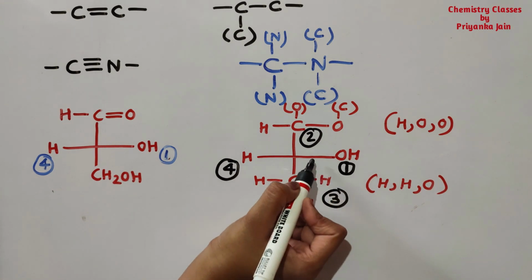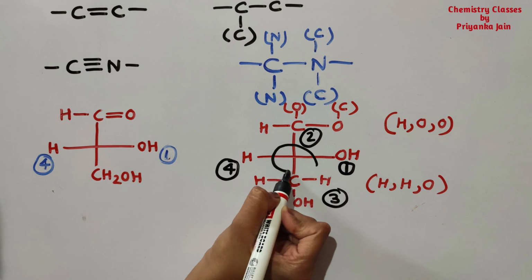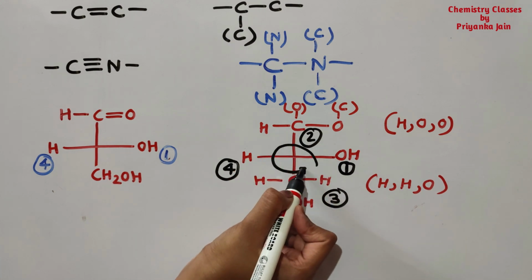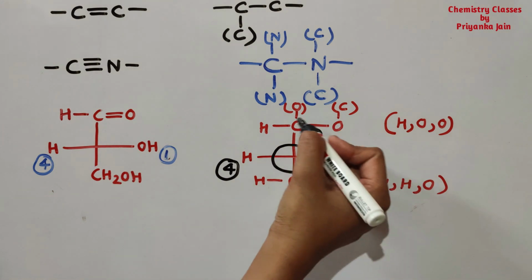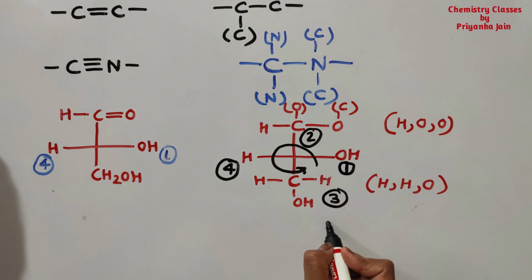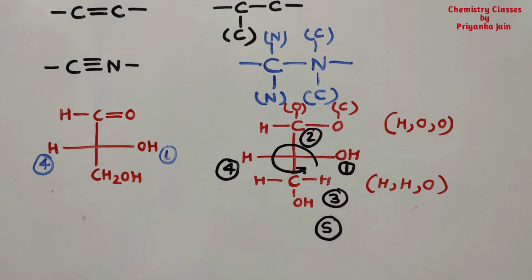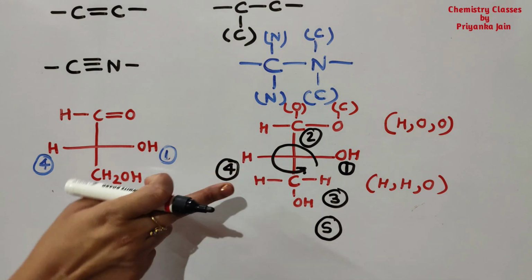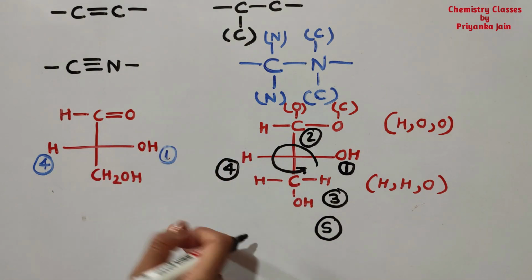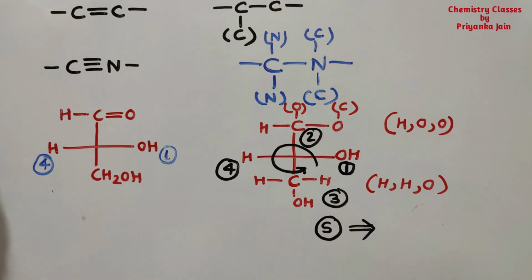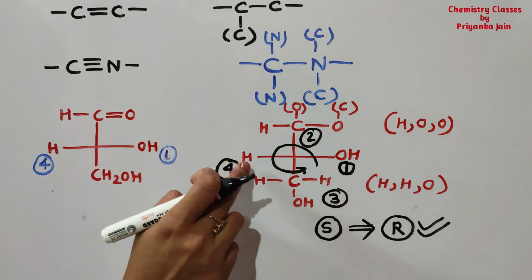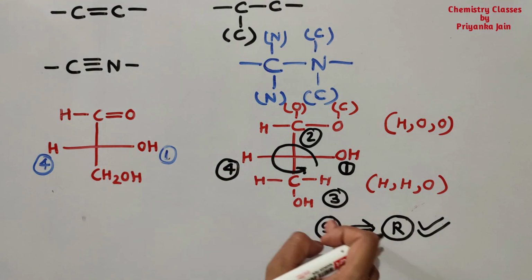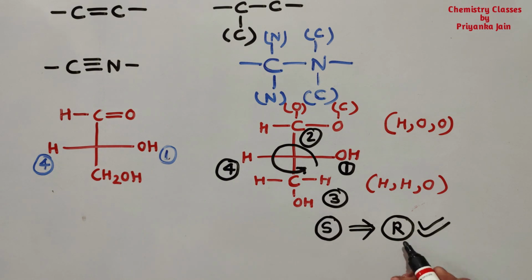Okay, now we can select the orientation in this manner: 1, 2, 3. This is going in this manner, right? So see here, what is this? This is anti-clockwise rotation. It means S, right? But see here, this hydrogen, the 4th priority group, is present on the horizontal line. So this will reverse. It means we can invert it. So this will be R configuration actually. Okay, so whenever the hydrogen is present on the horizontal line, then we have to reverse this configuration. So we are getting R configuration. That is the right answer here.